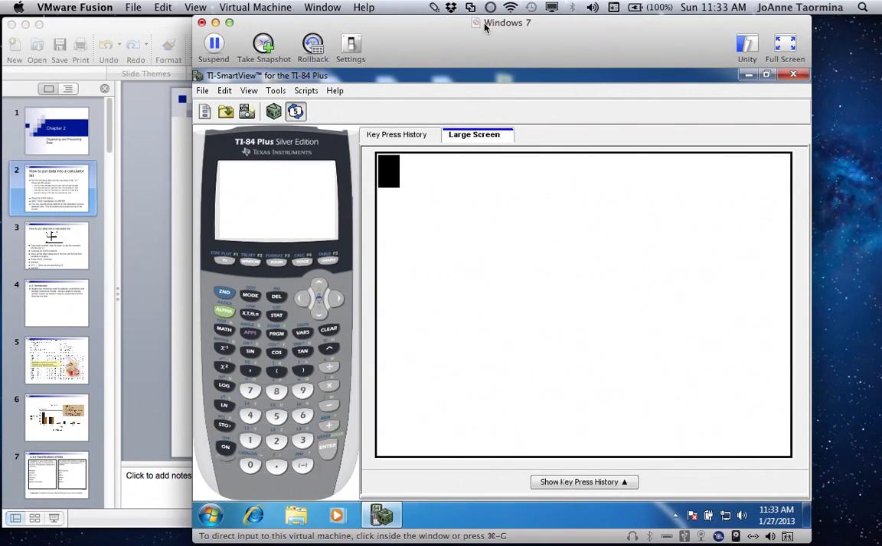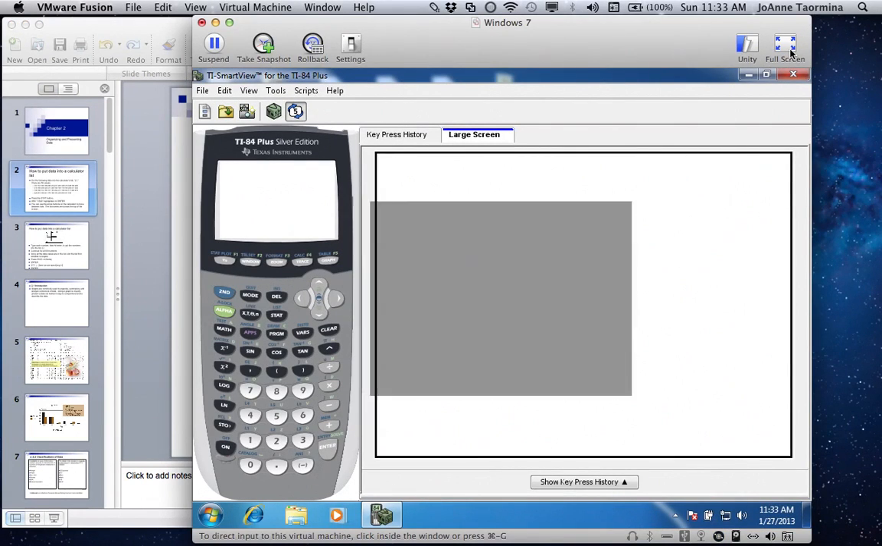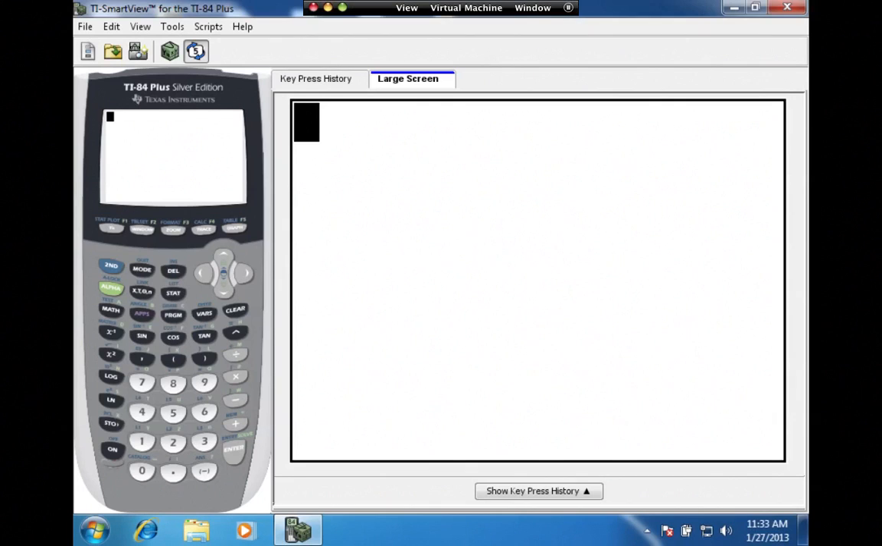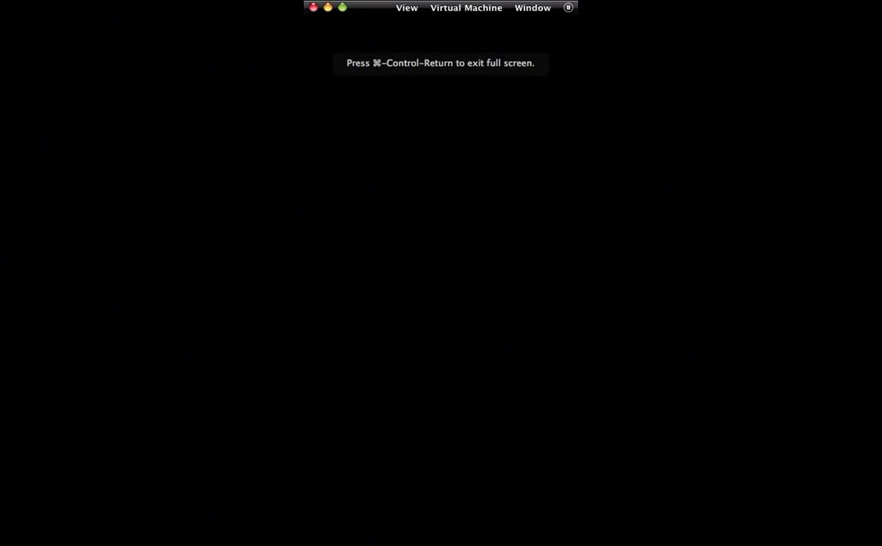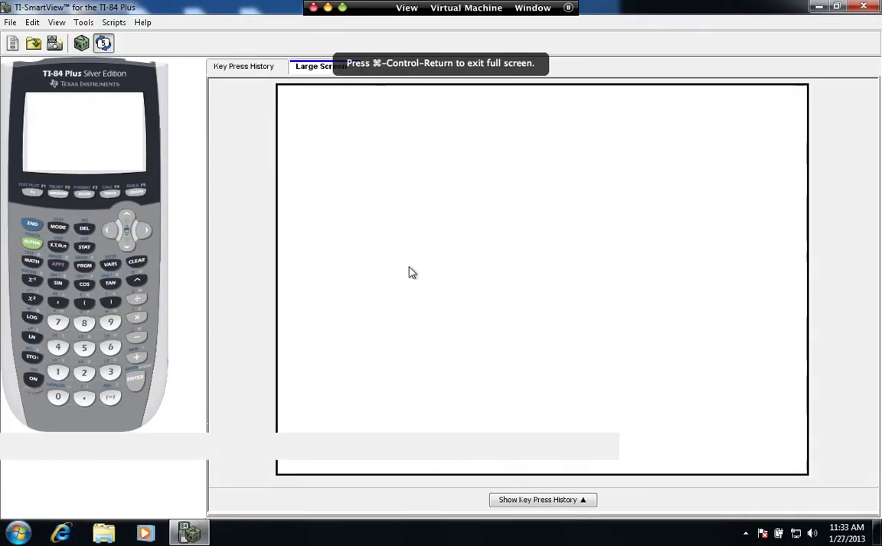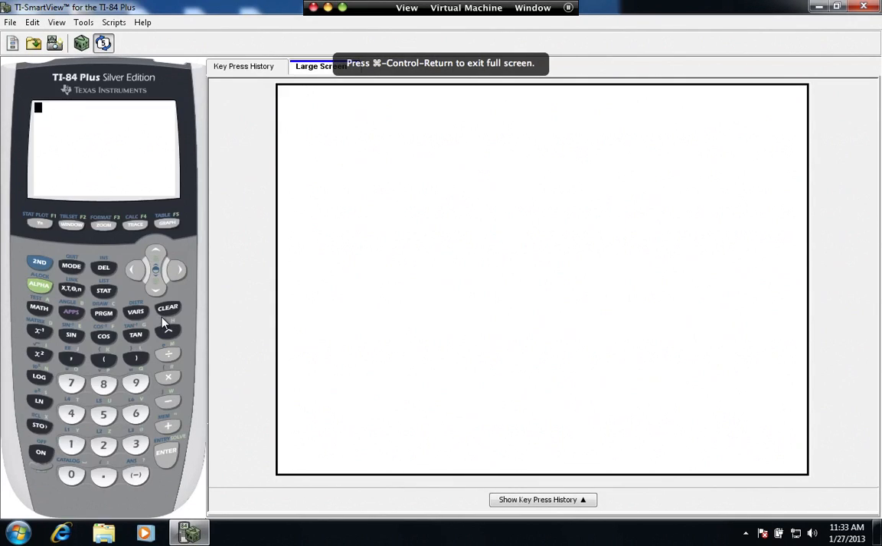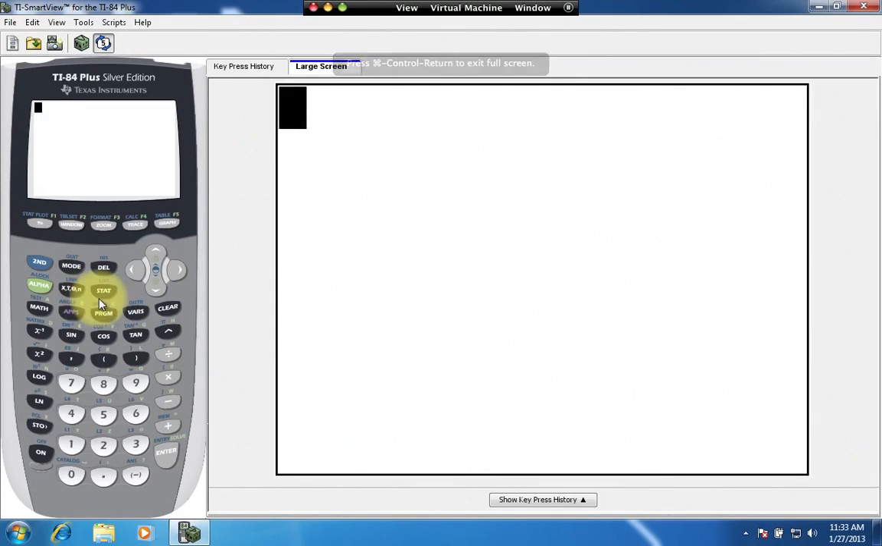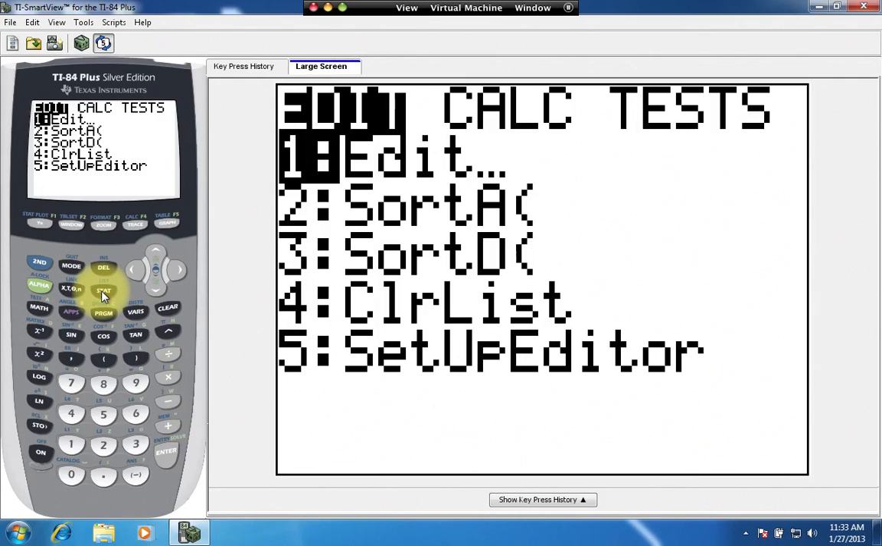Okay, your TI-84 looks something like this. The stat key is right here, and that's the first button we'll press, Stat. There are 3 menus at the top, Edit, Calc, and Test. We're going to stay in the Edit menu, and we're going to have our cursor on number 1 and hit